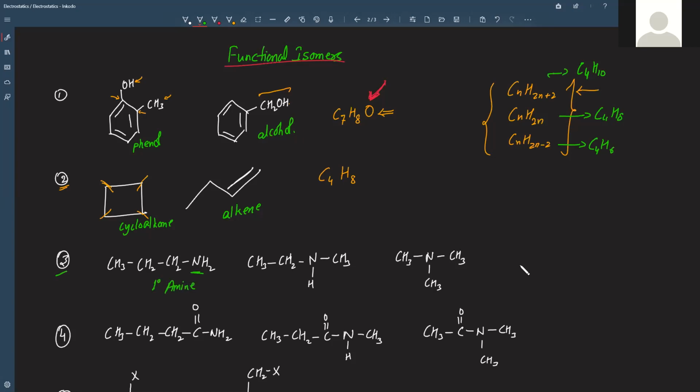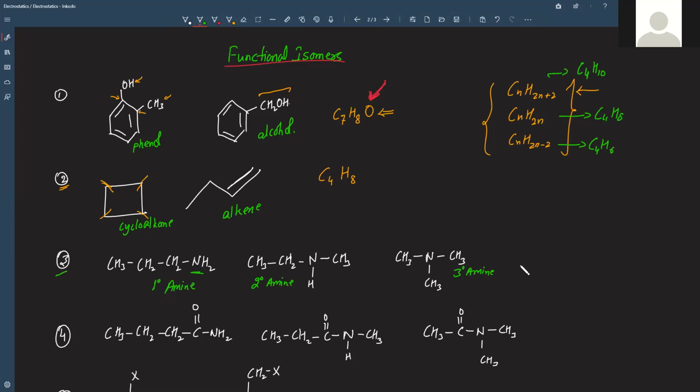2 degree and 3 degree. This is a 2 degree amine, and this one is a 3 degree amine. So again, amine is the same family, but in the amine family there are also 3 categories. Now there can be confusion here. You may assume it to be positional isomers, because students get confused that it is nothing but the position of nitrogen changing, otherwise the group is the same, that is the amine group.